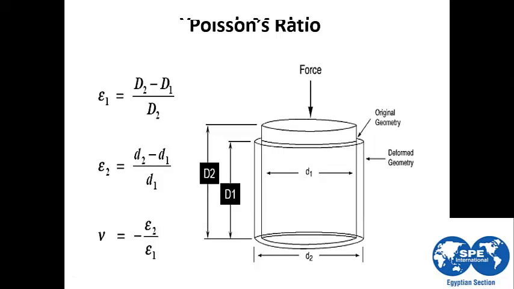So the Poisson ratio is equal to what? It is equal to the strain affecting the direction of D2 capital and D1 capital, which are in the vertical axis, and for the horizontal axis it is D1 and D2 small. If you divide both strain effects, we can see that this ratio is the Poisson ratio itself.